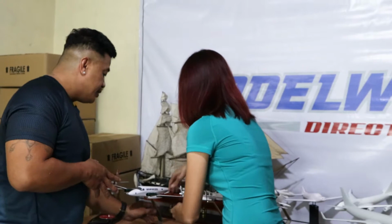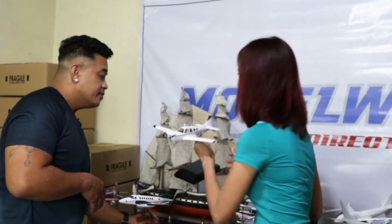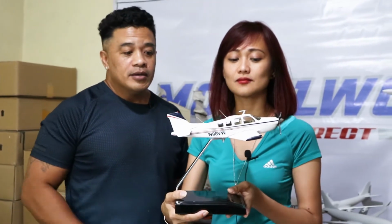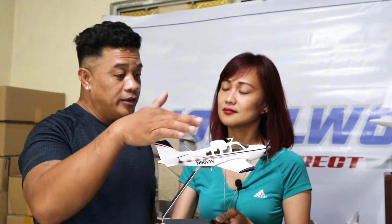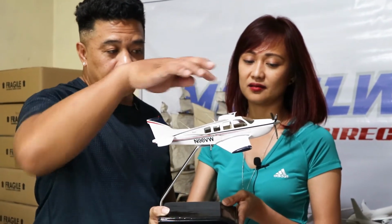And this is a clear canopy. This is a clear canopy airplane model. A BEECHCRAFT BONANZA clear canopy. And what I wanted to show you is that with die-cast models, you will not get this type of detail where you'll have the antenna like that. And you can see inside the actual interior of the airplane itself. You can zoom in here,